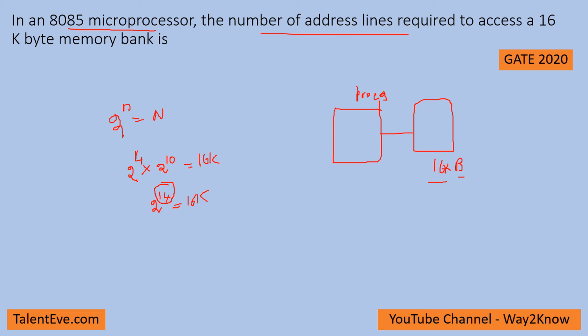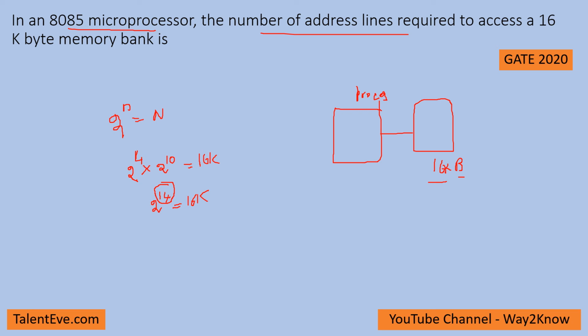So this is the way we calculate the number of address lines required to interface the microprocessor and the external memory. We know that the major difference between the microprocessor and the microcontroller is that the microcontroller has an internal memory, and if required we extend the memory using an external memory interface. But for a microprocessor there is nothing like internal memory, and we have to interface all kinds of memories, like flash, DRAM, or any other EEPROM kind of memories that are required. We have to interface externally.